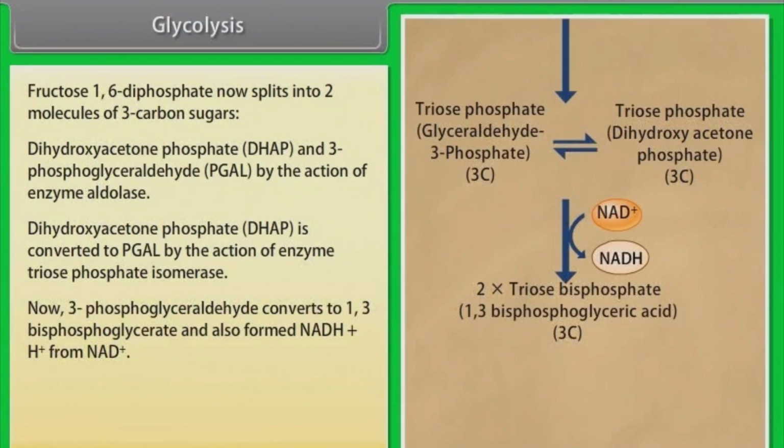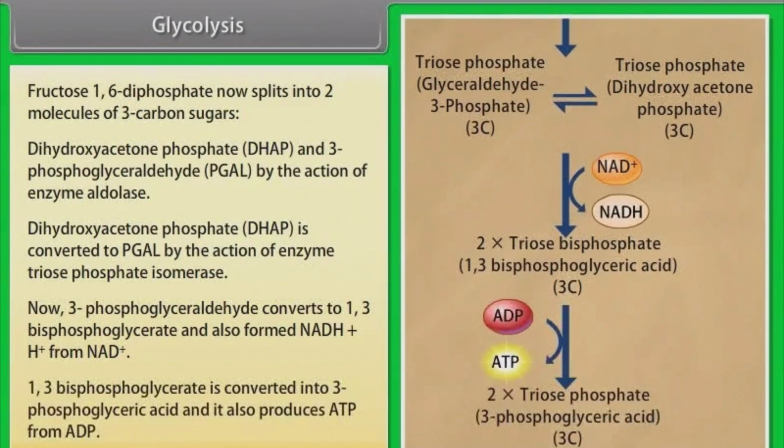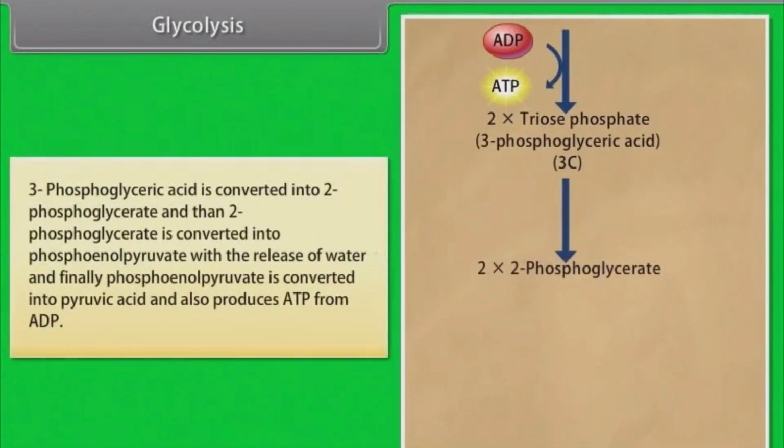Now 3-phosphoglyceraldehyde converts to 1,3-biphosphoglycerate and also formed NADH plus H plus from NAD plus. 1,3-phosphoglycerate is converted into 3-phosphoglyceric acid and it also produces ATP from ADP. 3-phosphoglyceric acid is converted into 2-phosphoglycerate and then